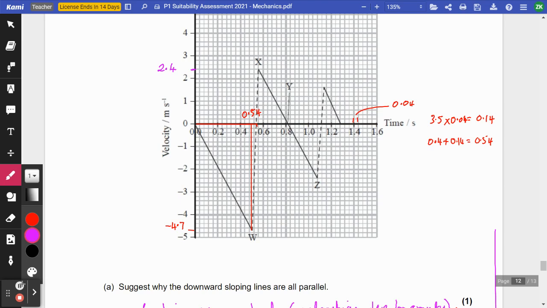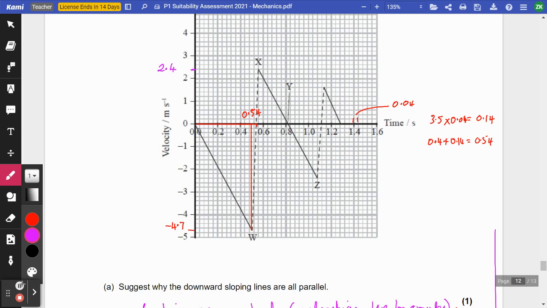So you could work out the area here. We said that this is where the object was falling and this is where it was hitting the ground. So we could work out the area underneath in this section here,